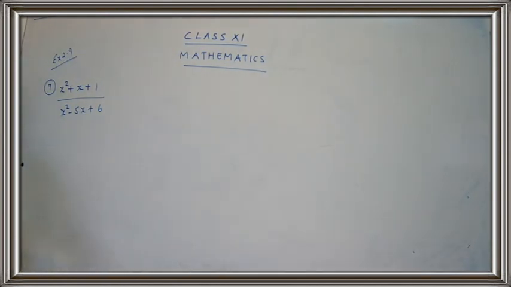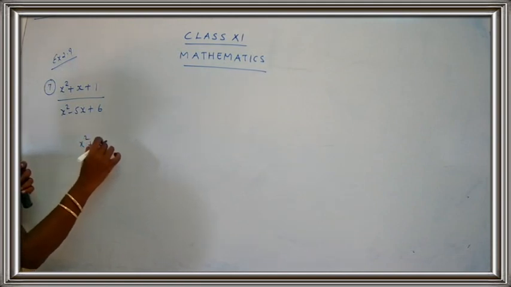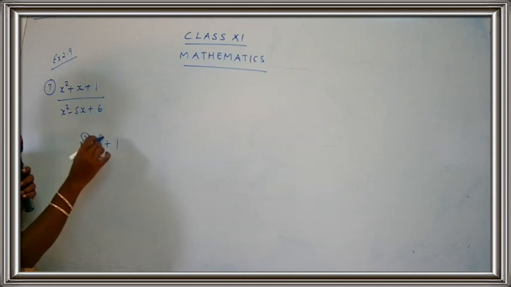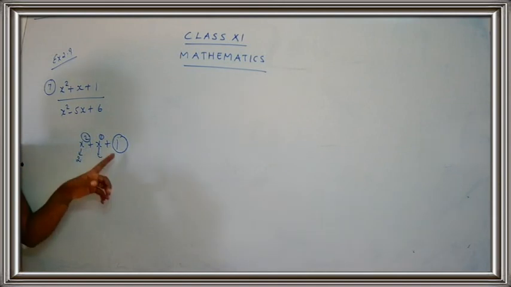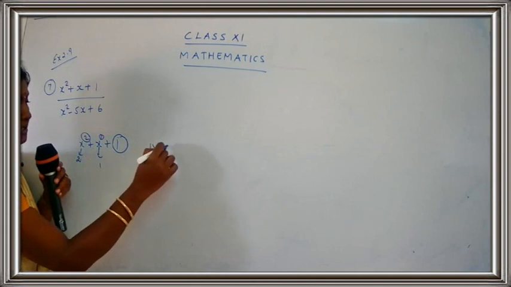Okay children, now listen here, this is one type of partial expressions. Here the main thing that you have to notice is the degree of the numerator and degree of the denominator. Now what is the meaning of degree? Degree is the highest power. Just see this polynomial children. So you have x square plus x plus 1. What is the power here? The power is 2. What is the power here? The power is 1. And I have told you that this number also has a power, but you cannot just see it. Actually 1 is written as 1 into x raised to 0.